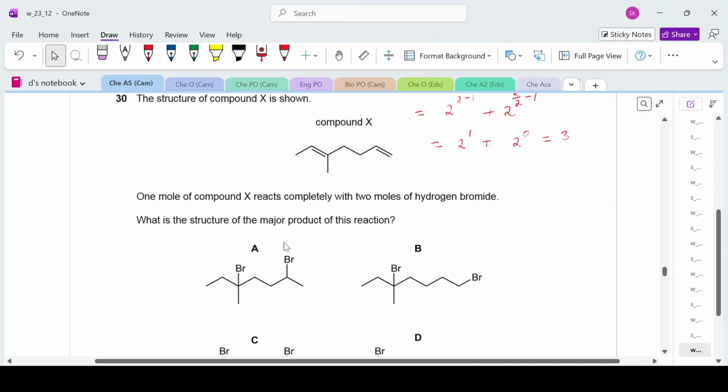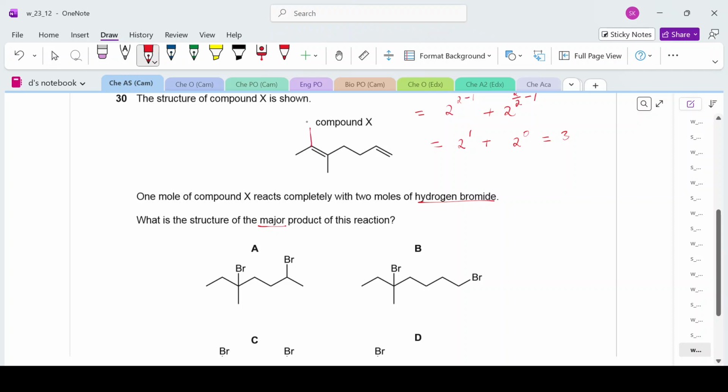30, the last question from this part, the structure of compound X is shown, দুইটা ডাবল বন্ড দেখা যাচ্ছে, দুইটা এন্ডে না, এটা হচ্ছে টার্মিনাল থেকে একটু আগে. 1 mole of compound X reacts completely with 2 moles of HBr, absolutely correct, because দুইটা ডাবল বন্ড আছে. What is the structure of the major product? Major product দেখেন এখানে তিনটা কার্বন আছে, সো এখানে একটা হাইড্রোজেন আছে, সো এখানেই হাইড্রোজেনটা অ্যাড হবে,